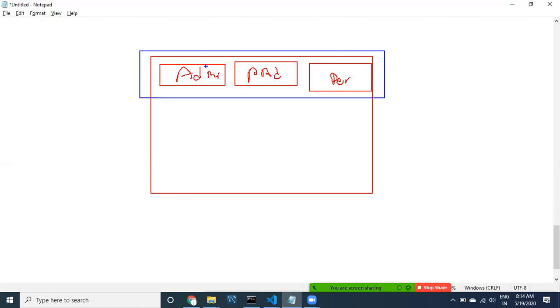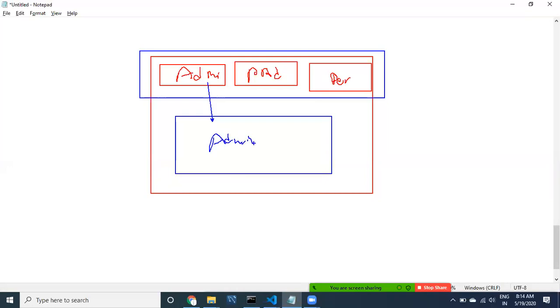So if you click on admin, then it has to display the admin component here. Whenever this is admin, this is going to be the admin component.